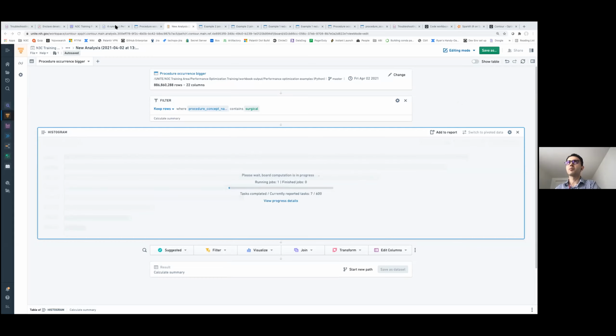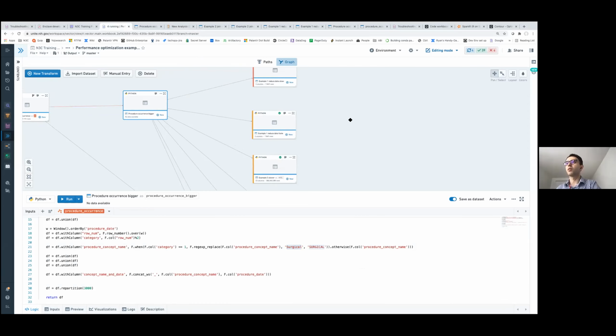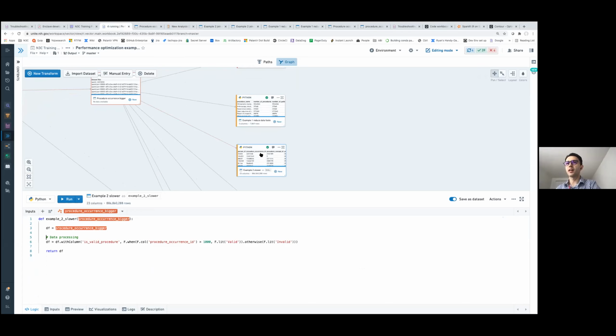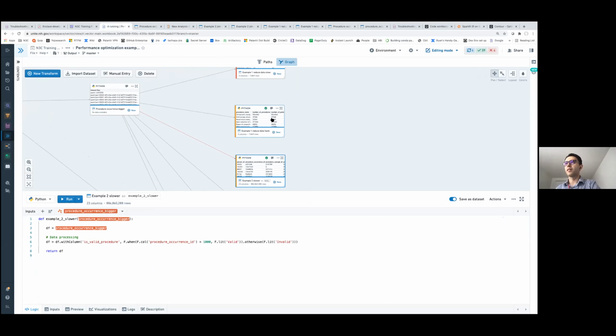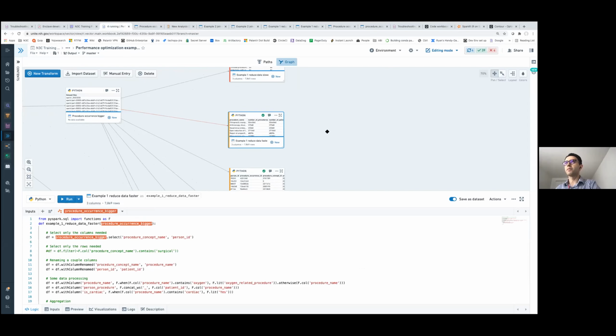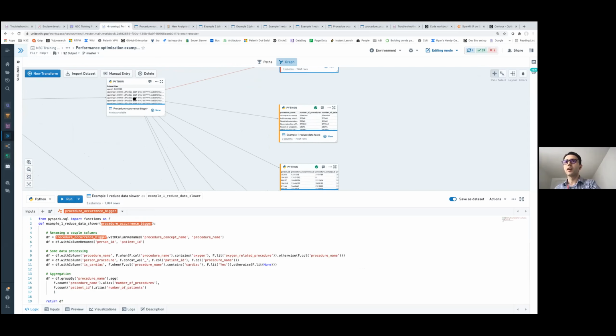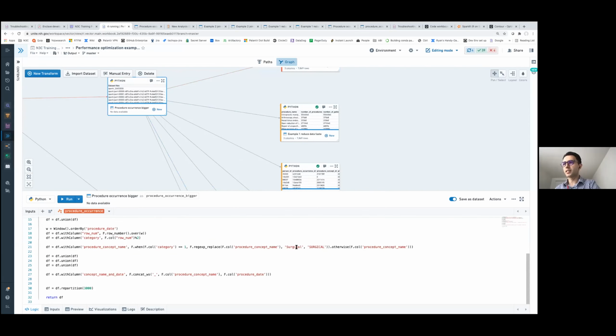We'll give it some time to load since it's a large 800 million row data set. It will take a little longer to load. But the idea here is that sometimes in your columns, you have some values which are essentially the same.